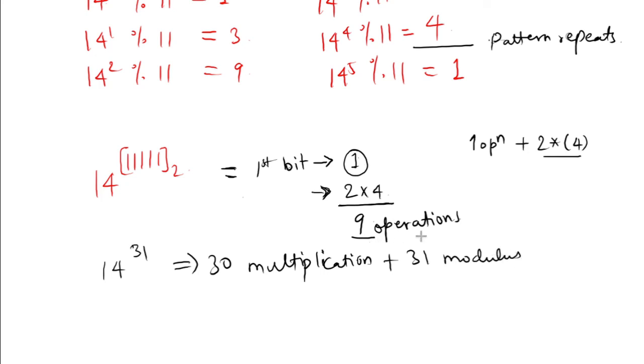While this will take 9 multiplication operations plus 5 times modulus, or 6 times modulus operation. So in general 15 operations will be required to compute the value of 14 raised to 31. Only 15 operations will be sufficient. So you can see how drastically the number of operations have reduced from